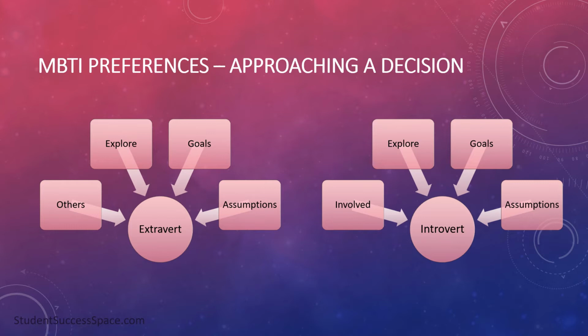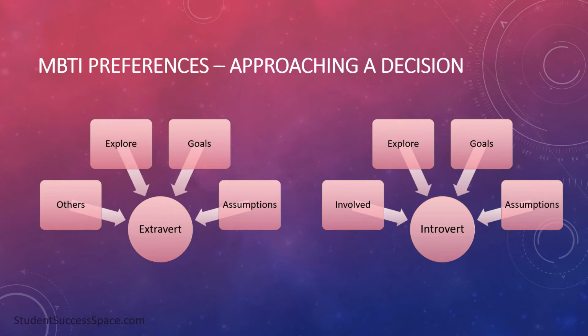When they're an extrovert, however, they want to make sure that everybody that is going to be involved in the decision is there. They want to identify anybody that might have any kind of impact. In a family, that would be every member of a family, correct? So you want to look and see how they're going to implement and invite others in. They want to explore their opportunities, but they generally use them in broad strokes, not the details, just the generalities. They want clarity about goals and assumptions, but all of that needs to be done through a discussion.